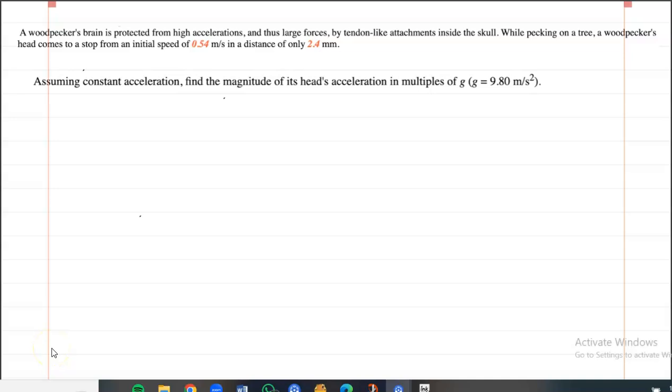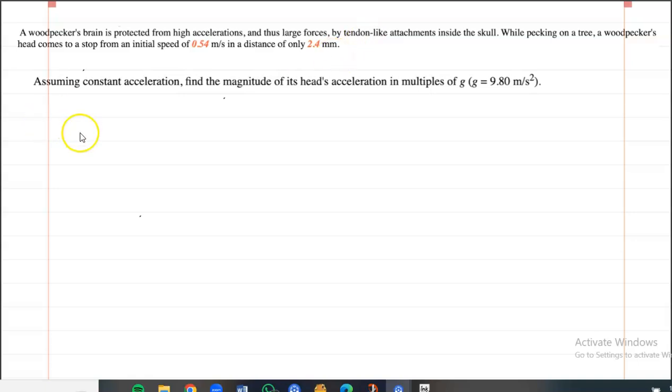Okay, so this question here, we see a woodpecker's brain is protected from high acceleration, right? And the woodpecker is a bird that creates holes in trees using its beak, and thus large forces, right? So its brain is also protected from large forces by tendon-like attachments inside its skull. Okay, so while pecking on a tree, the woodpecker's head comes to a stop from an initial speed of 0.54